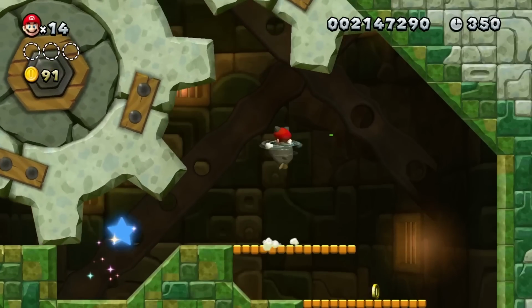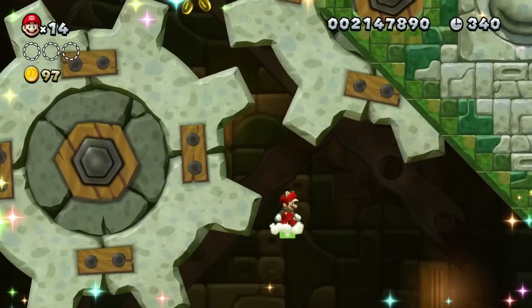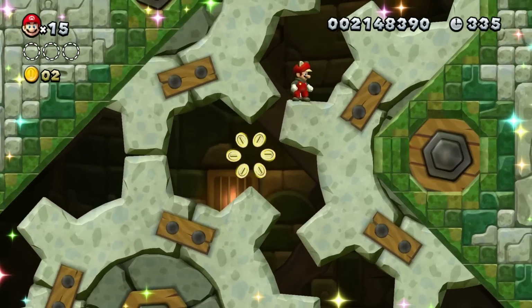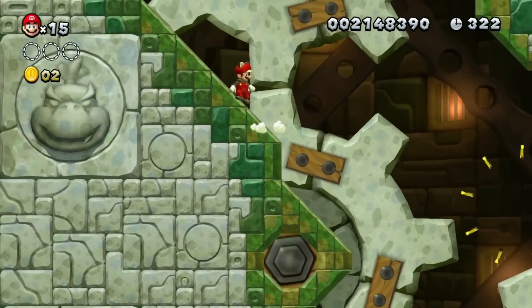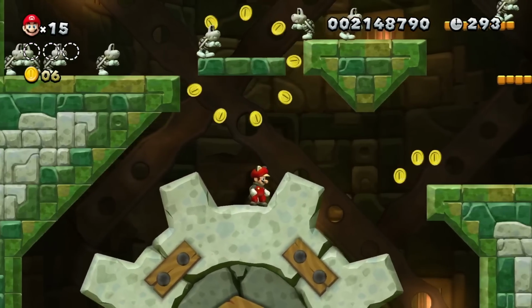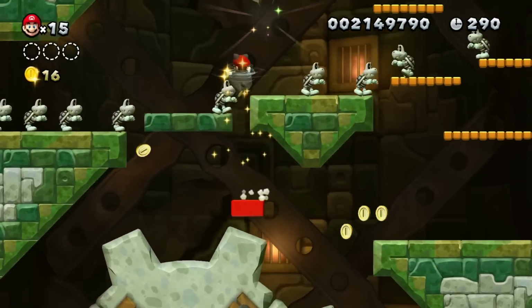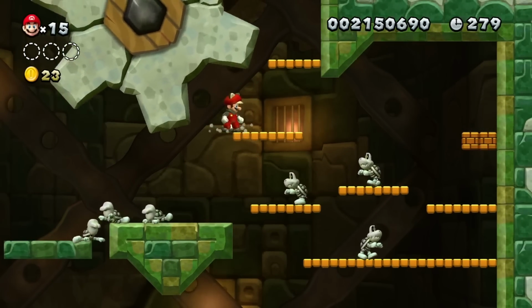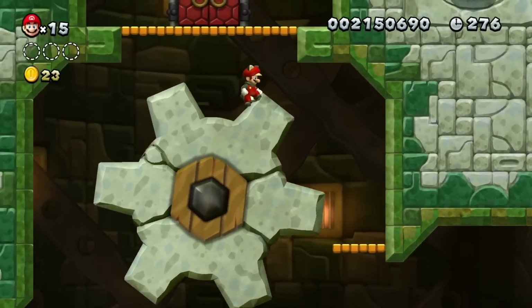We can get pushed by these cogs, so we can get closer to the climbable side, and when we get there, we'll be able to get pushed along by these cogs while barely not getting squished. When we reach the top of these cogs, we'll be able to spin jump through this tiny little hole and reach the final spinning cog that'll take us to this door that we immediately walk in because we haven't let